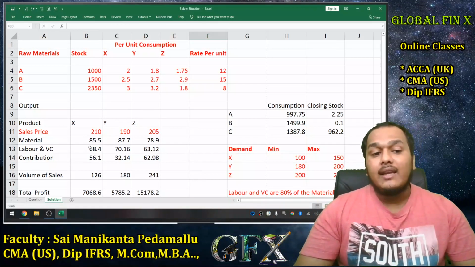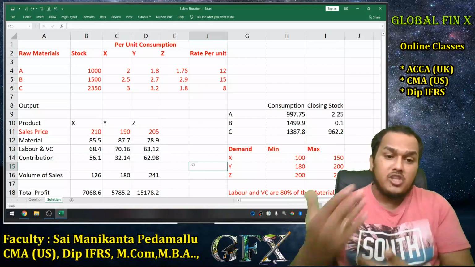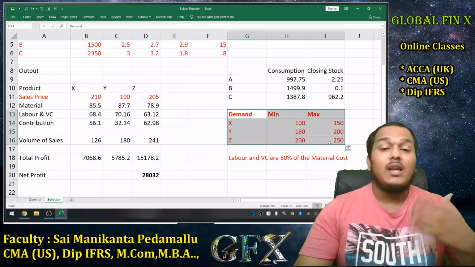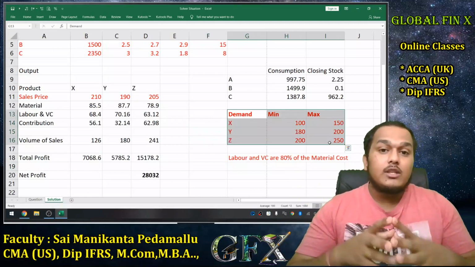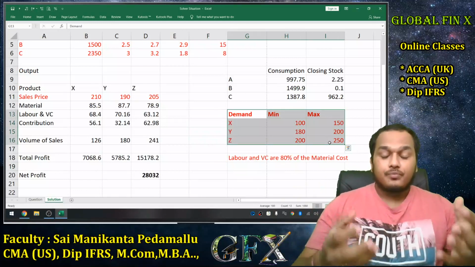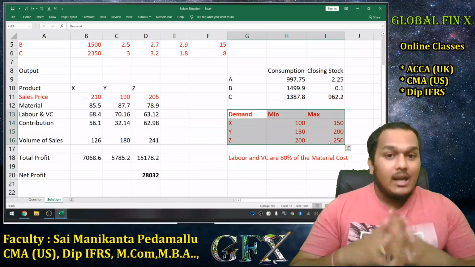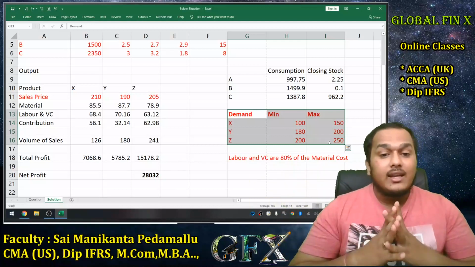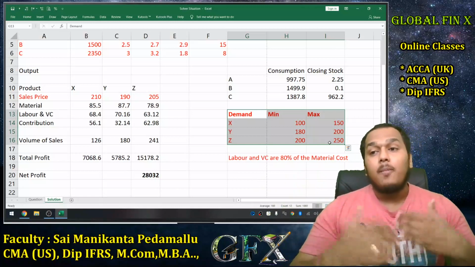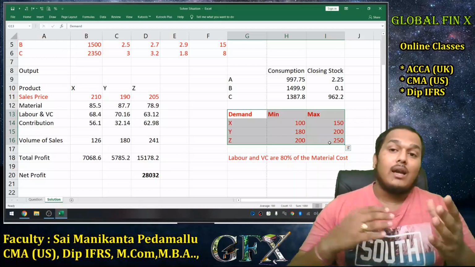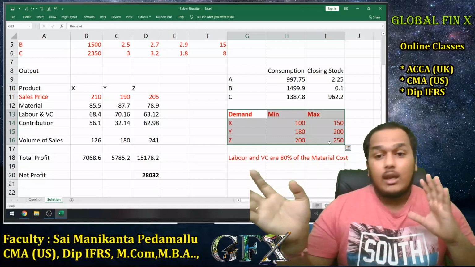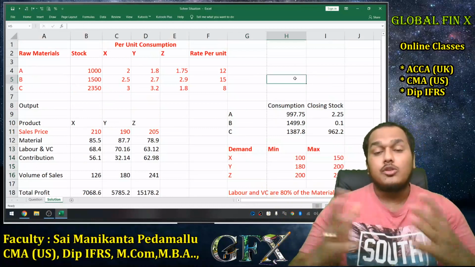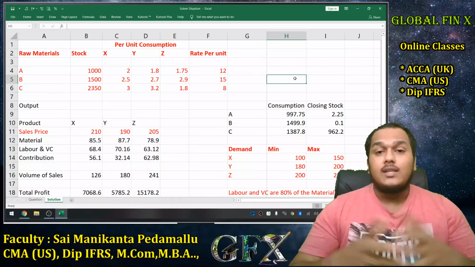Here I am directly taking 80% of labor and variable cost. You can even change that. You can directly go with those calculations as well. You can create additional constraints for maximum labor hours that are available. Within that, you can create a mix of skilled, semi-skilled and unskilled labor, their maximum and minimum labor hours required or availability, as a restriction. Maximum number of marketing hours or marketing facilities that are available. You can create as many restrictions as possible, and you can get a conclusion within a fraction of seconds once you know how to create the constraints and how to use the solver function.